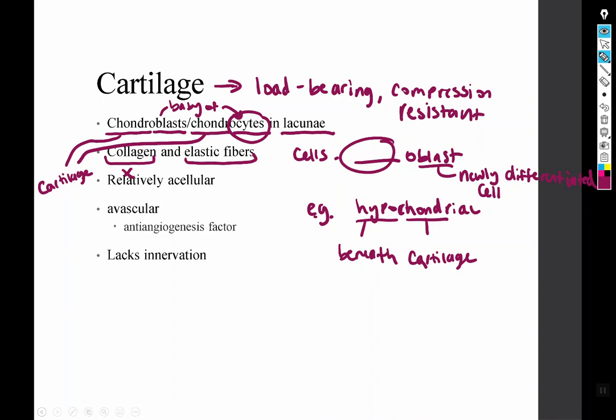So these are relatively acellular. Remember, there's lots of space between cells. It's not that cells aren't there, it's that the cells are not the predominating feature when you look at the tissue. And then they're also avascular, which means no blood vessels. And that's important because cartilage experiences a lot of pushing and pulling and wear and tear, which would break the blood vessels. So instead of having blood vessels, because remember, if I have a block of cartilage,